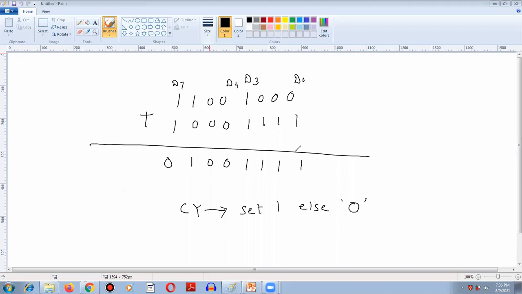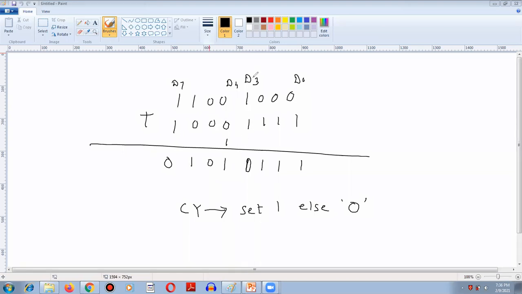If I add these numbers, 0 plus 1 is 1, everything is the same, 0 plus 1 is 1, 0 plus 1 is 1. But this 1 plus 1 will have a sum of 0 and a carry will be generated over here. The moment the carry is generated here, this bit will change to 1.